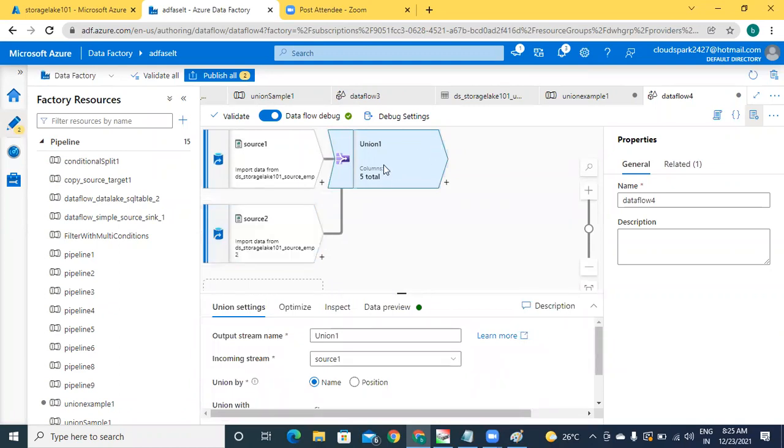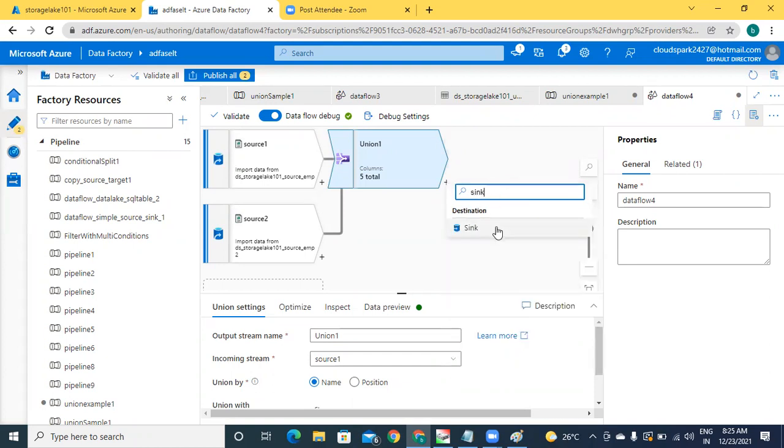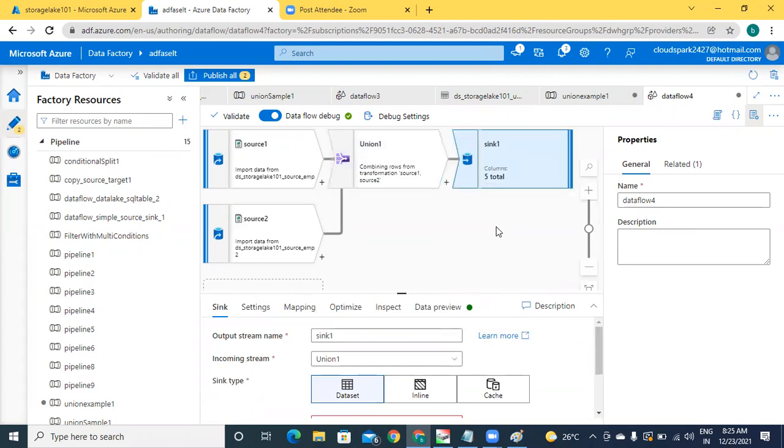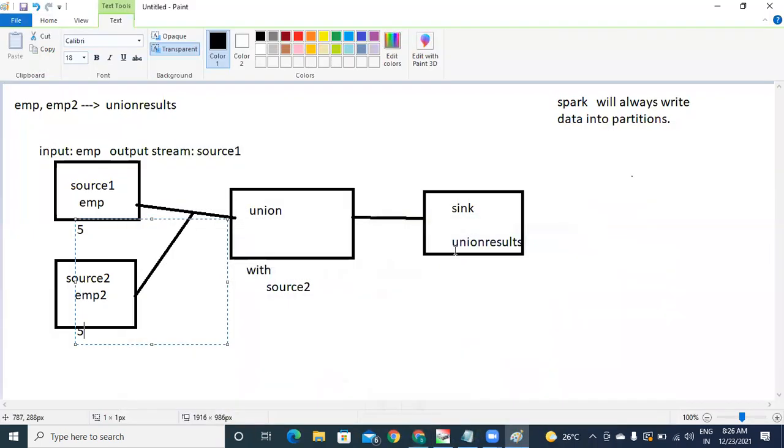Now this is union. Here I'm adding one more transformation, that is sink. I'm adding the sink. What is the sink you want to create? I want to write into another separate container, union results. Got it?